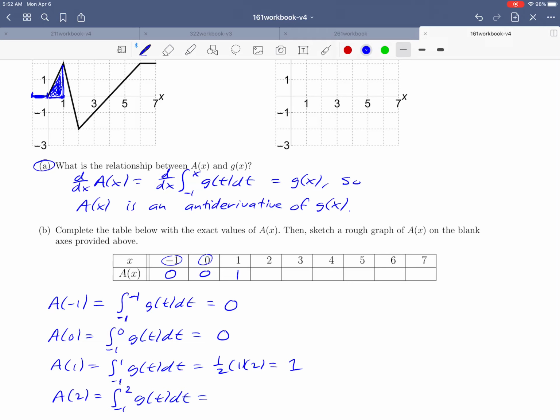Okay, so if we integrate from -1 to 2, we're going to get the 1 that we got above, plus however much area is involved between 1 and 2. That would be between here and here. Notice that